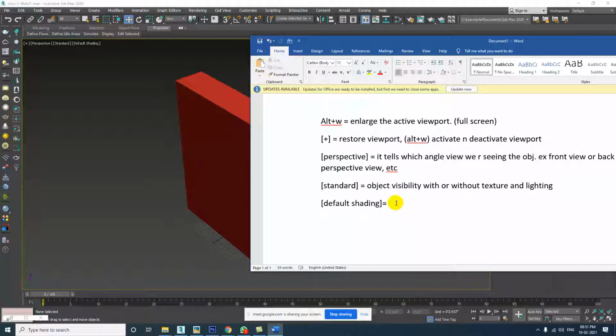Default setting is the physical view of your object, in the viewport for the working area.